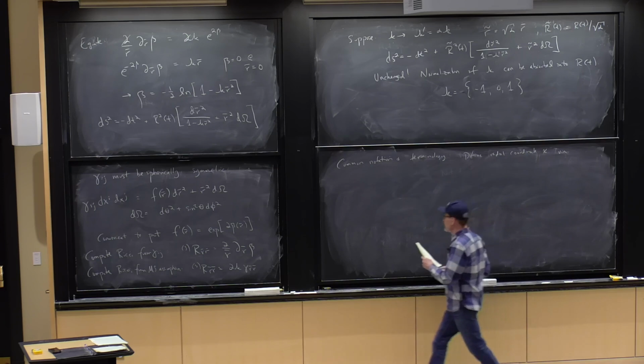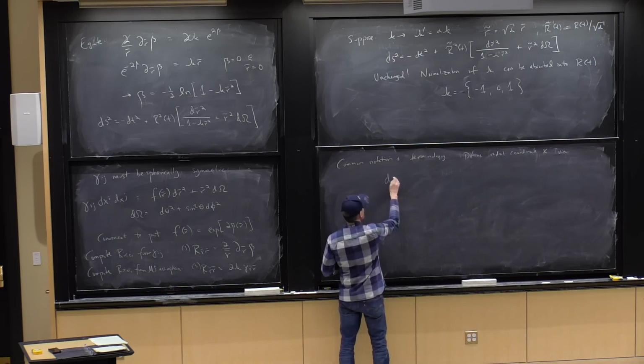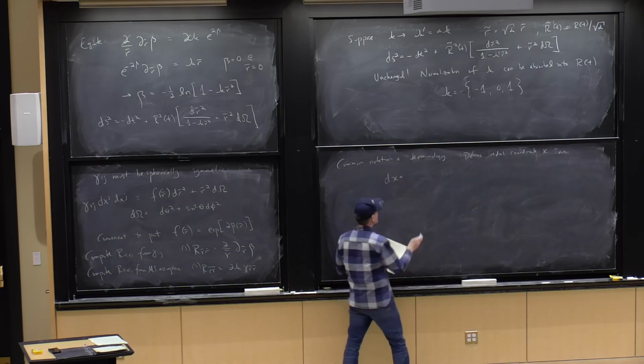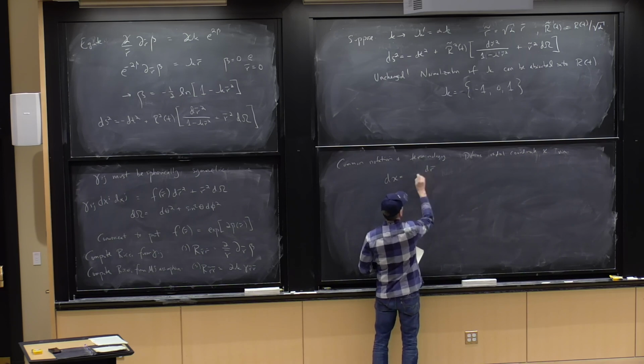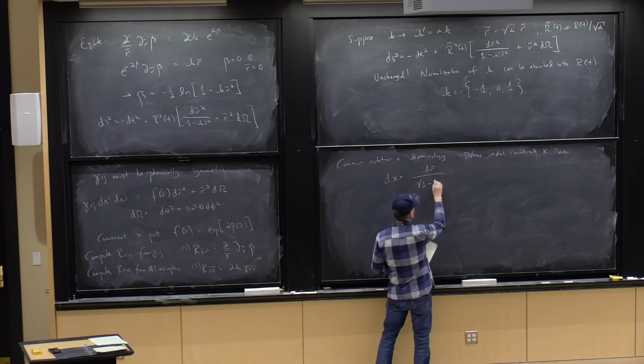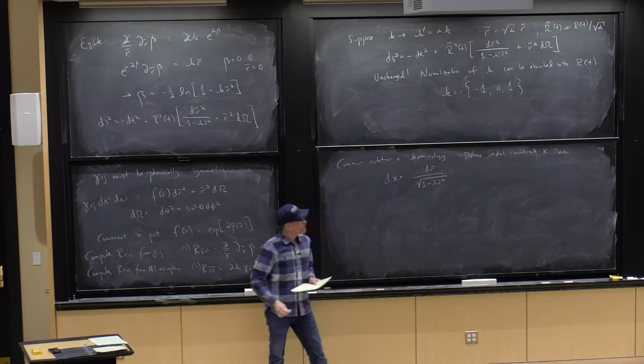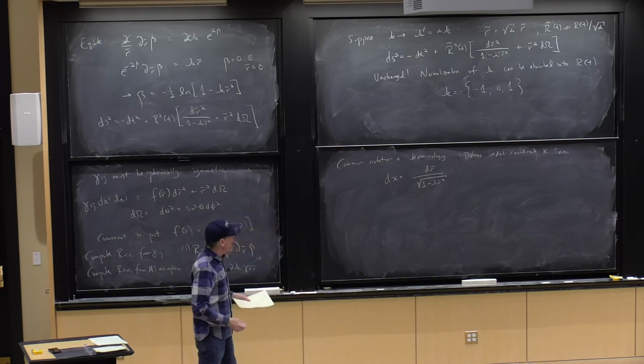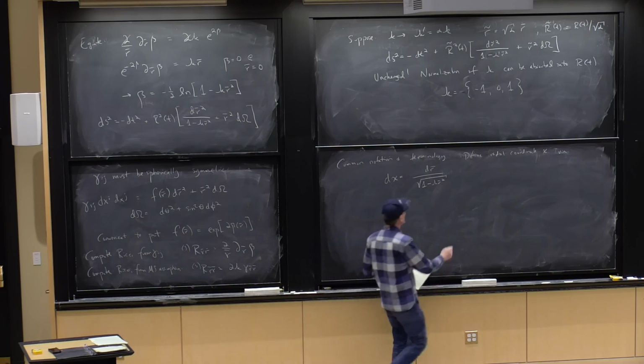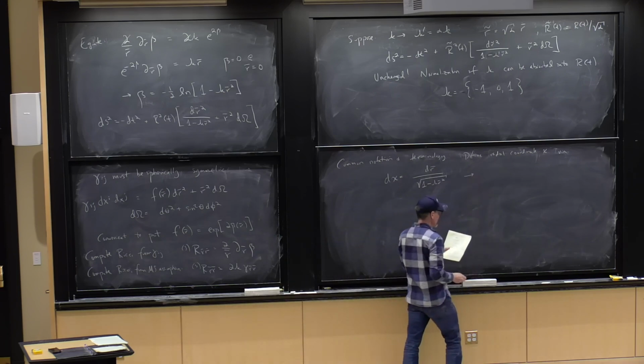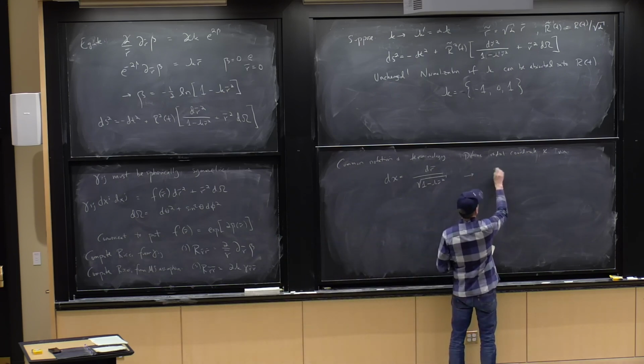Via the following definition, d chi will be equal to d r bar over the square root of 1 minus k r bar squared. Now remember, we just decided that k can only take on one of three interesting values. I can immediately integrate this up, and I will find that my r bar